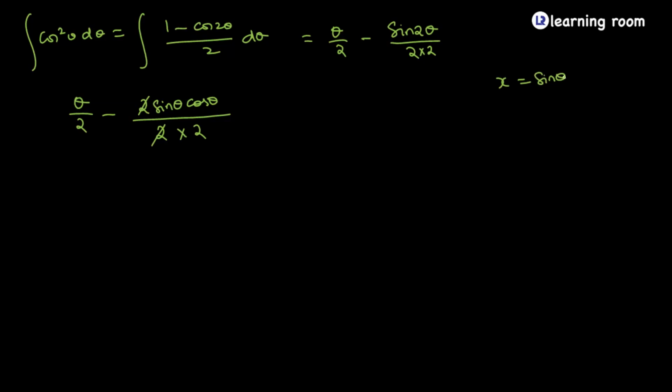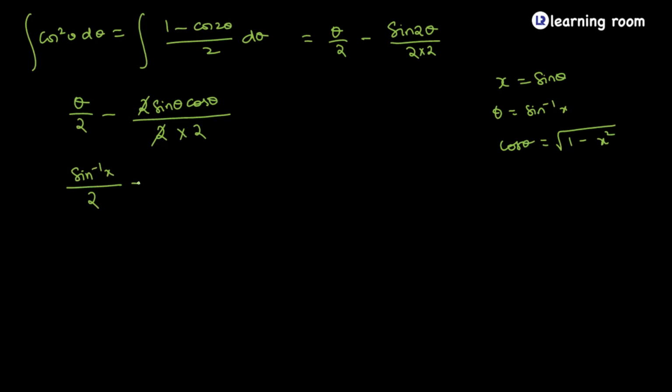So wherever I have theta, I will write it as sin inverse of x. Then what is cos theta? It is root of 1 minus x square. So sin theta is x, cos theta is root of 1 minus x square. Am I clear with this? I'll take all these things and substitute it here. In the place of theta, what can I write? I'll put sin inverse x divided by 2